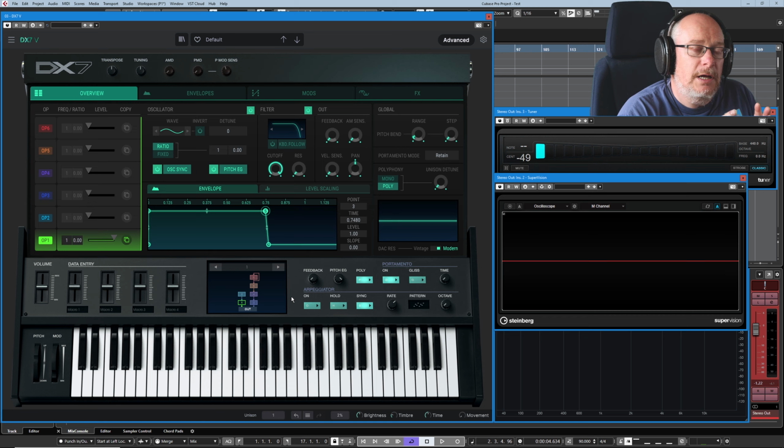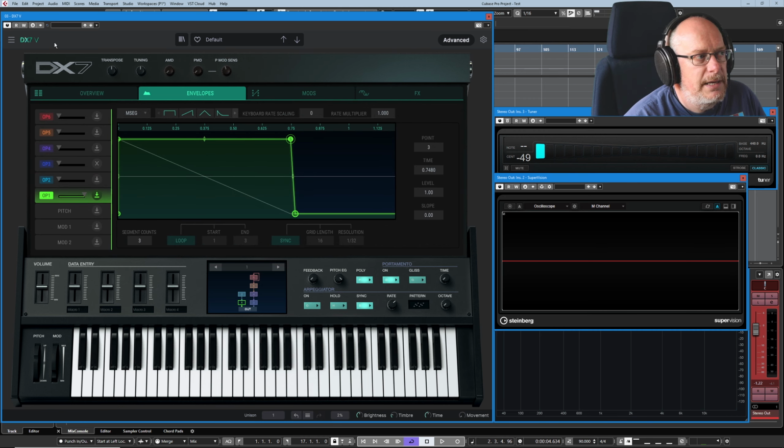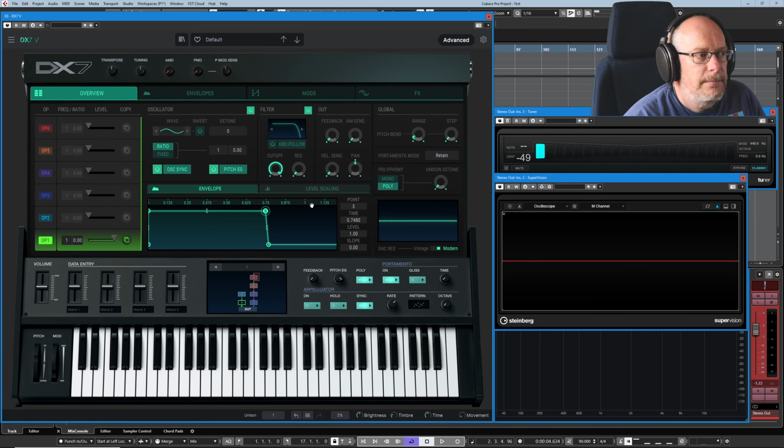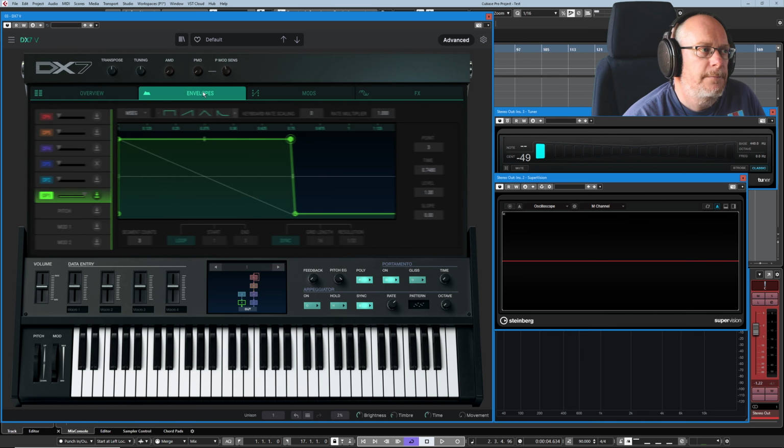In the last episode, we had a look at envelopes and level scaling from a basic concept just within the overview page. And you can see here we are back at our default preset with a nice simple envelope shape on operator 1 again. If I click the envelopes tab, this shape here looks exactly the same as the overview window. In fact, it is an exact representation of the level envelope for each of the operators. So we have 6 operators, each with their own envelope curve, and on the envelopes tab we've got that information